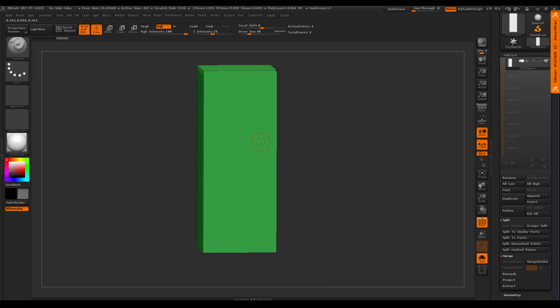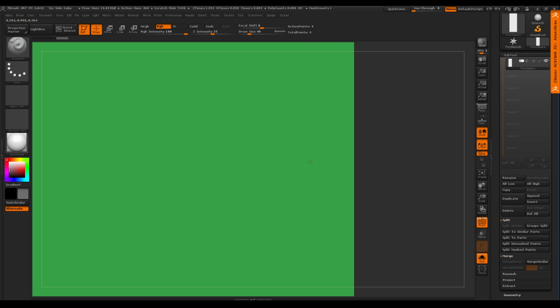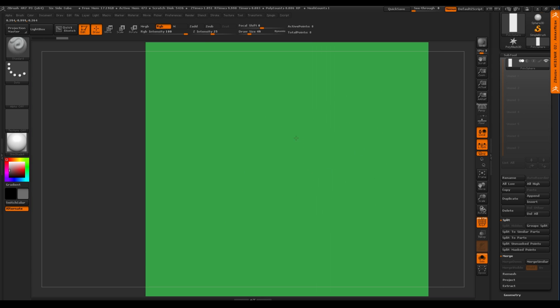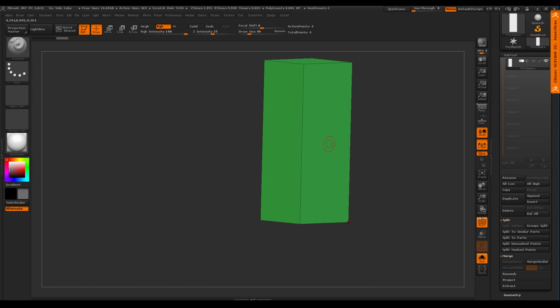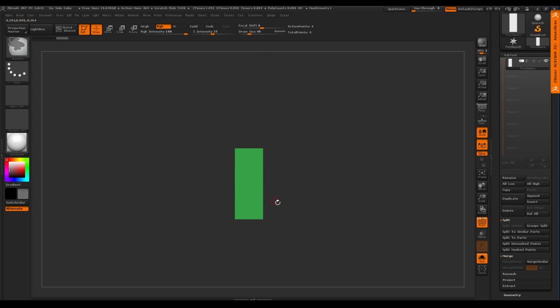allows me to move. So I prefer this just because when I'm up really close into something, say like this, you can see I can continually move around, I can rotate. So I just prefer that. So as I'm working here, you'll probably see me doing that a lot. Okay, so we got a general shape here.